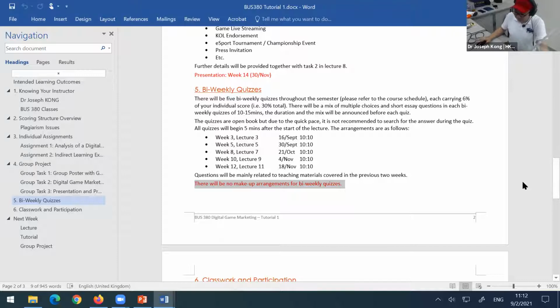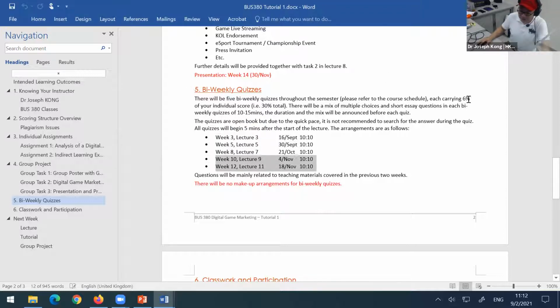And in case it is some university arrangement for class cancellation, let's say there is very bad weather that we need to cancel a lecture. In case there is some kind of university-wide celebration that they suddenly come up with an extra holiday. In those particular university-wide cases, a bi-weekly quiz will also be canceled. Okay, in those particular cases, let's say you only have 4 quizzes in this particular semester, I will